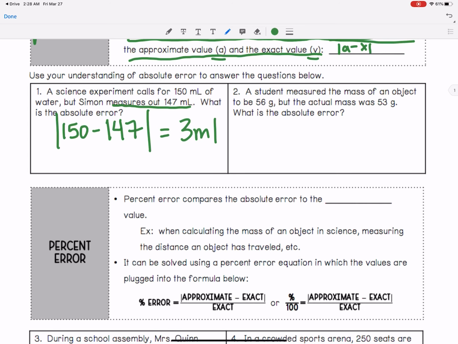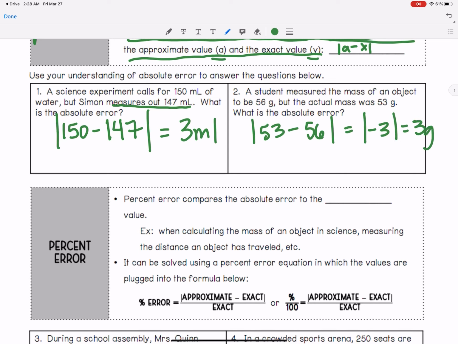Here's what I want you to know. Actually, we'll move on to number 2, and then we'll talk about this. All right, question 2. A student measured the mass of an object to be 56 grams, but the actual mass was 53 grams. What is the absolute error? So the approximate is going to be 53, and we're going to subtract the actual, the exact value, and that's going to be 56. And 53 minus 56, that gives us -3, but the absolute value of -3 is just